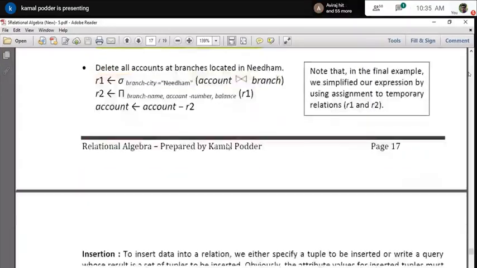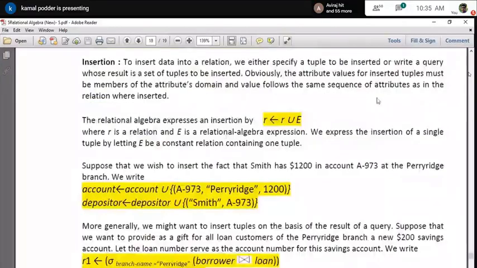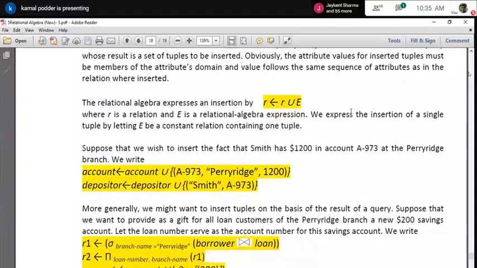Now insert is also the same concept. I have a table. If you really want to insert a record, what you will do is basically add it at the end. That is common sense. If you have already recorded a lot of records in a particular table, you will manually write the other information which is coming at the end of the table. We are doing that same operation. Basically, that is called the union.